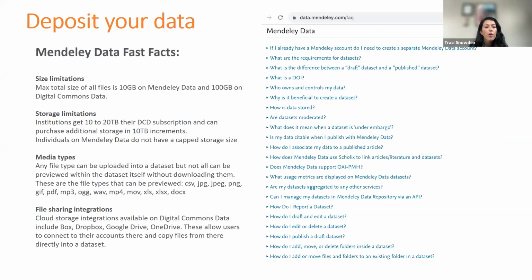So make sure the repository you select allows you to upload the media types that are specific to the research you're conducting. And then finally, file sharing integrations. This is critically important, so that you can easily use the integrations that work for you based on any type of storage repos that you might have in-house, or that may be in alignment with your compliance and your policies.